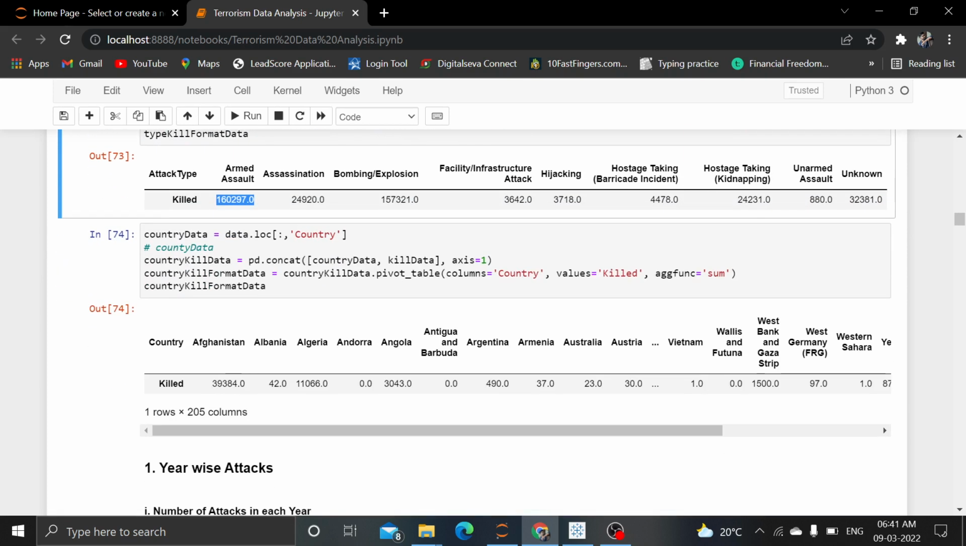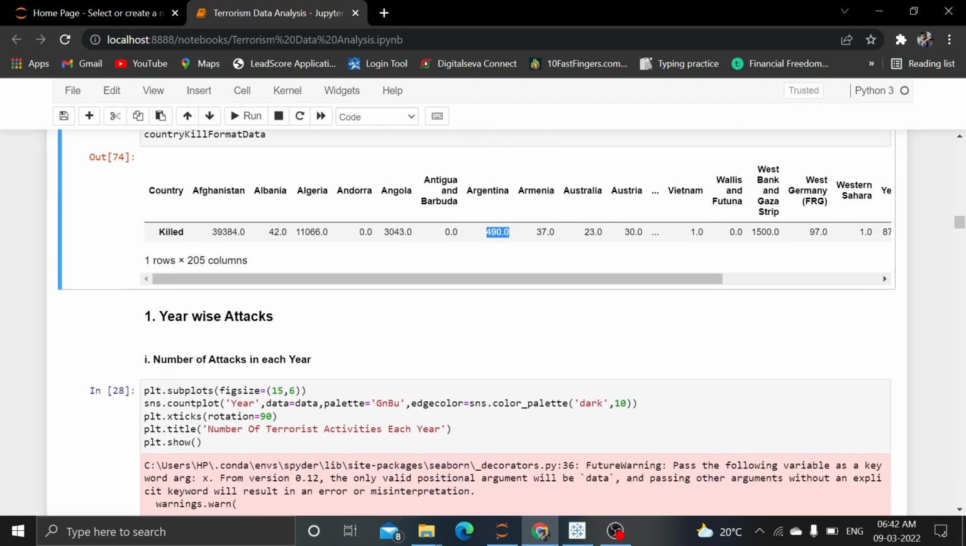Also, these lines of code give how many people were killed in each country. You can see that in Afghanistan a huge number of people were killed, and in Argentina 490 people were also killed. After that,